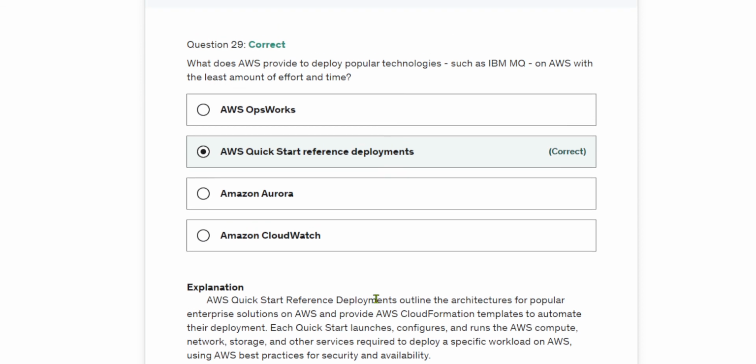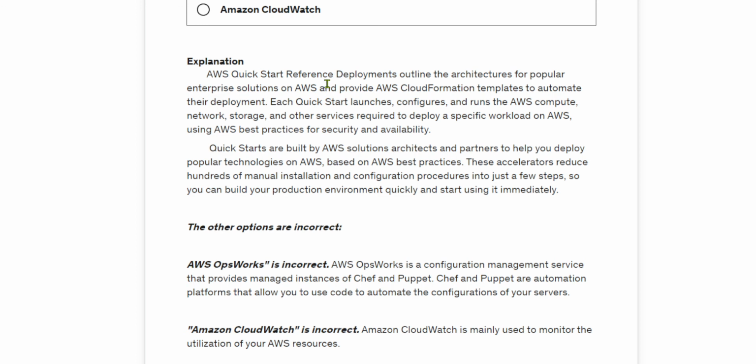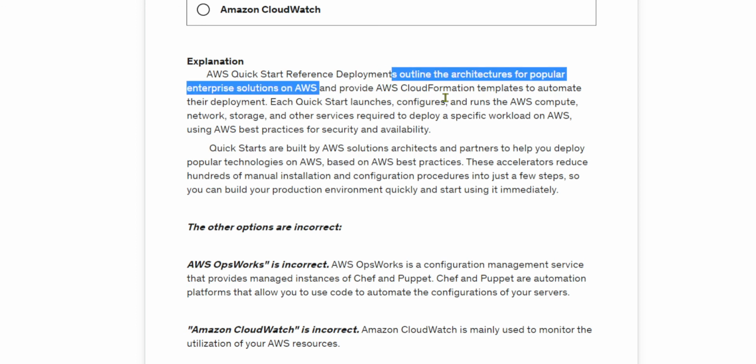What does AWS provide to deploy popular technologies such as IBM MQ on AWS with the least amount of effort and time? So, AWS Quick Start Reference Deployment can be used here. AWS Quick Start Reference Deployments outline the architectures for